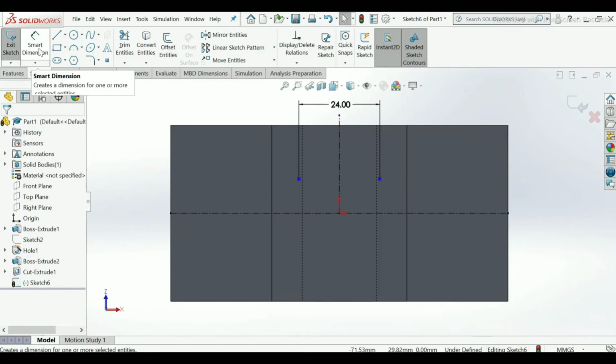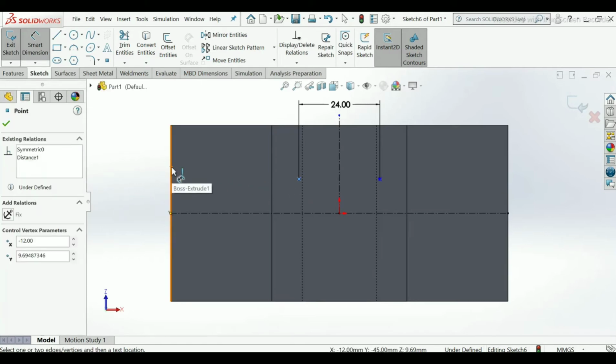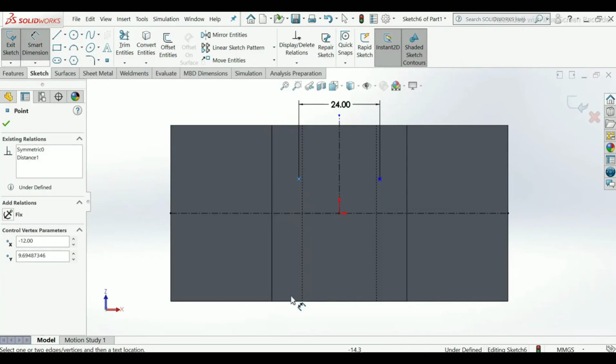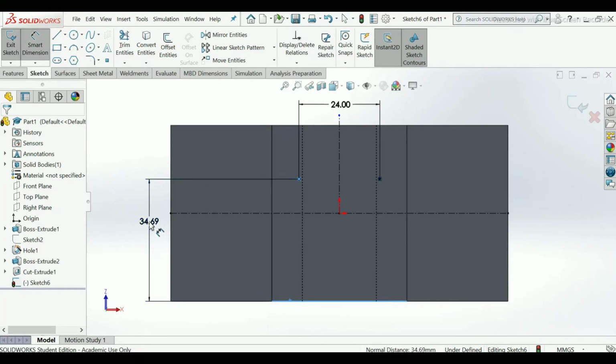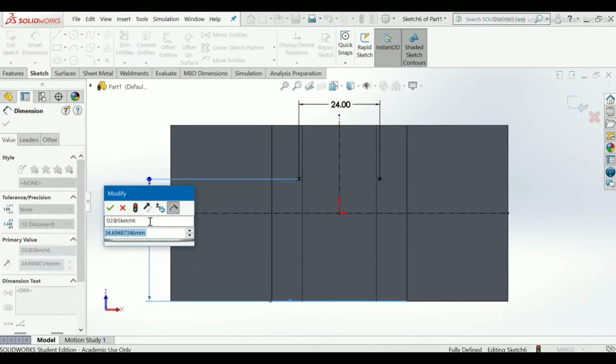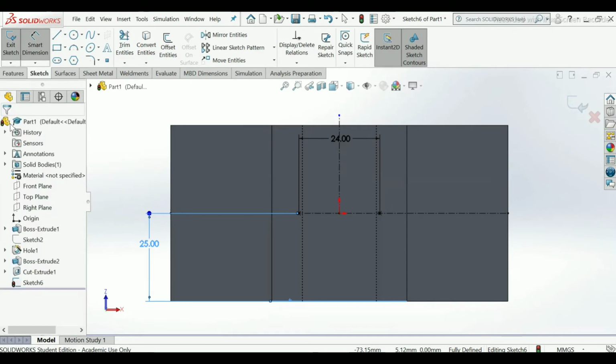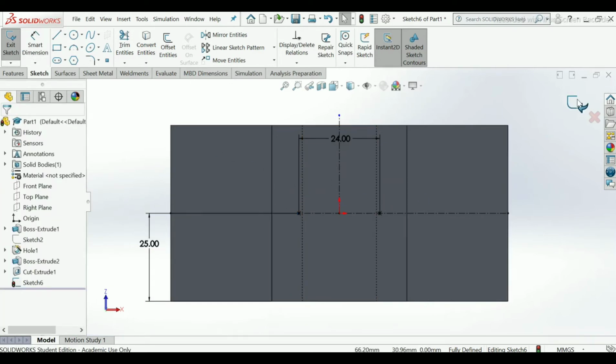Now use smart dimension again, make it 25 mm, okay, exit.